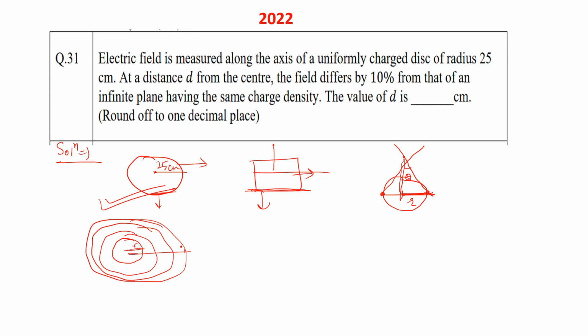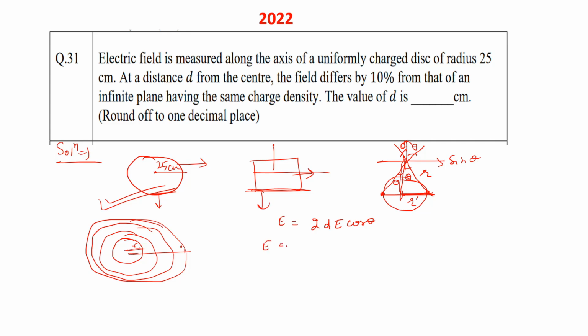This angle is theta, this angle is theta, and this is also theta. You can see here only the cos component will contribute and the sine component will cancel each other out, right? This is r dash. So E will be 2 dE cos theta,